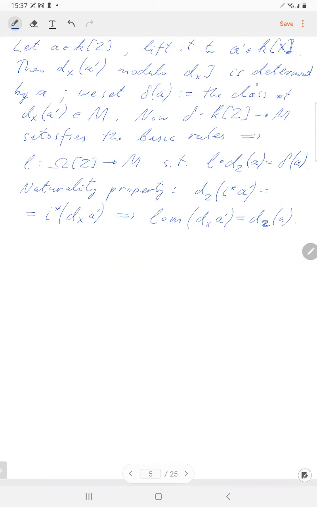Okay, so we proved that L is left inverse to m,